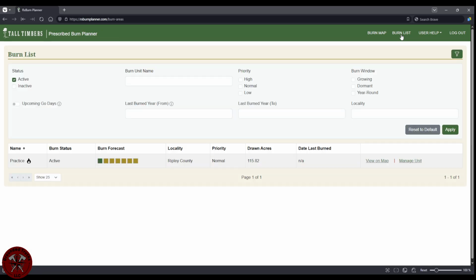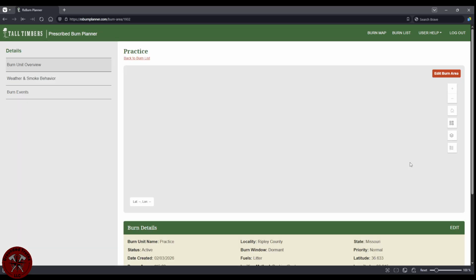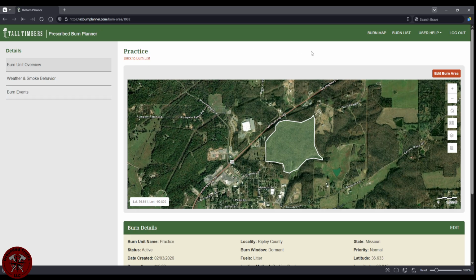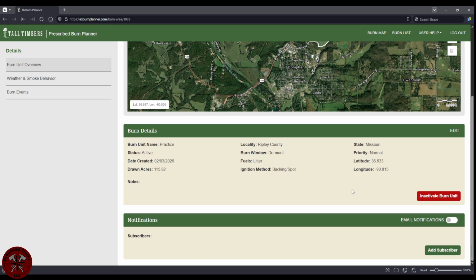Okay, we go up here to burn list, right? And here's my unit. It says it's active. Here's the daily day-to-day, right? And you hover over it and it'll tell you how many of the conditions are met. So you go over here, back to manage unit, and on this front page, now you can add email notifications,